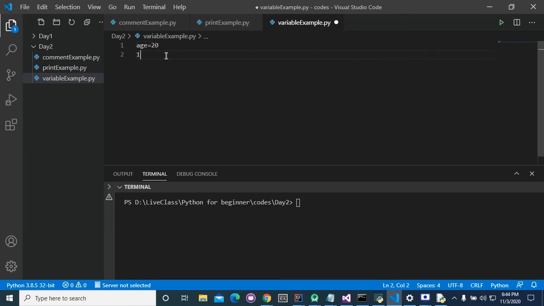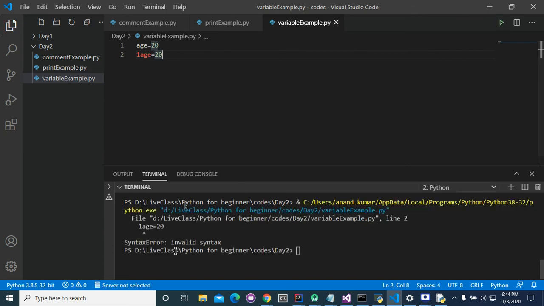If you write 1 = 20, you can see that its color is red. It is telling you that you have a syntax error here. You cannot use a number at the start of a variable. What will you get if you run this program? It will give invalid syntax.